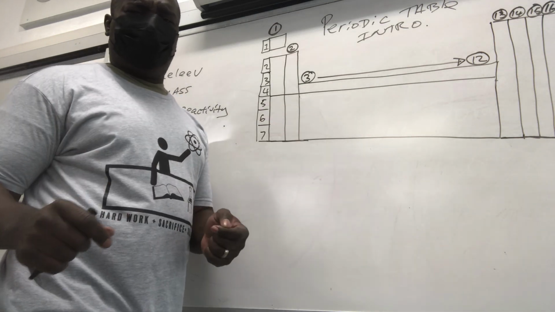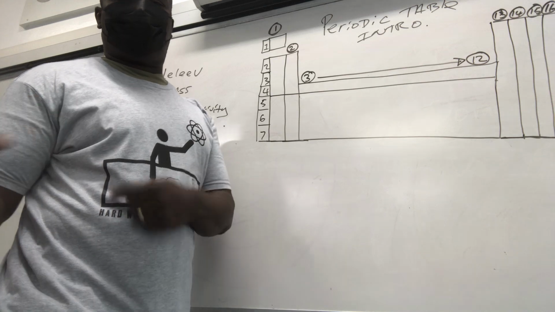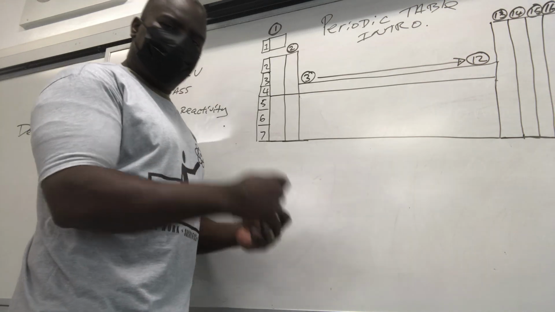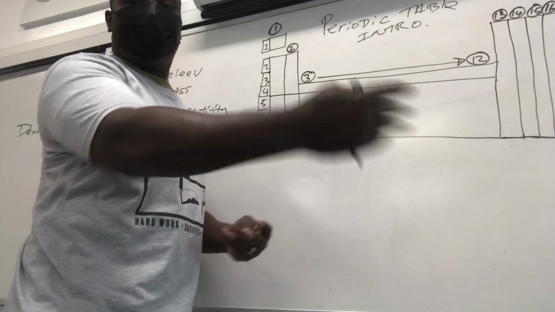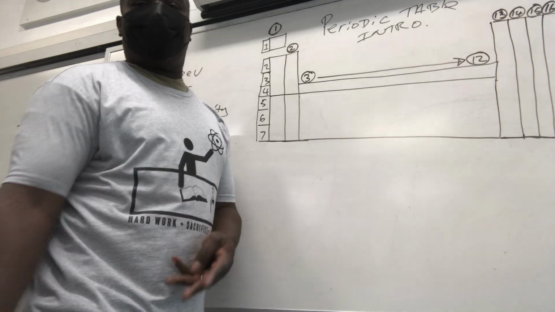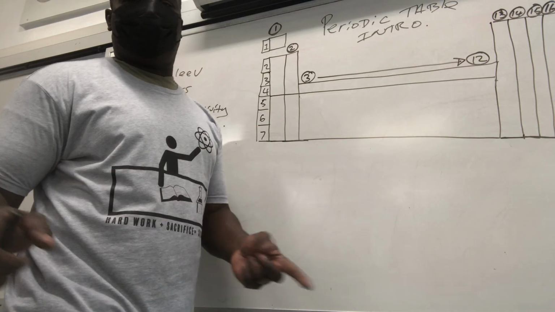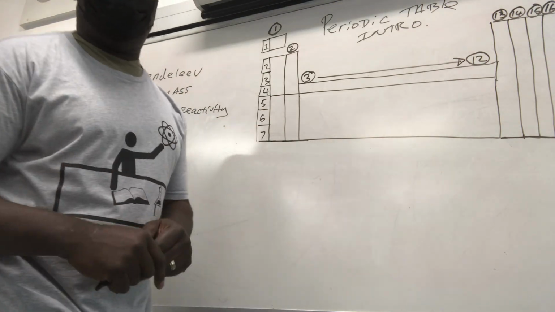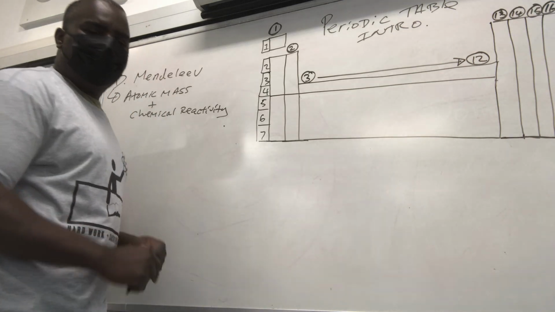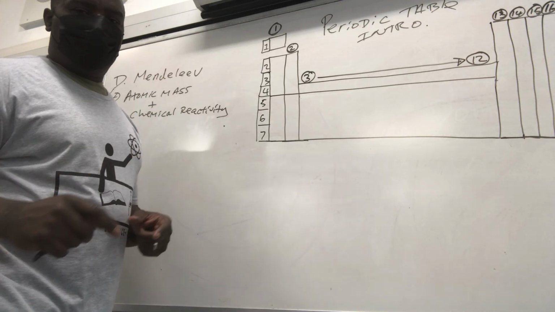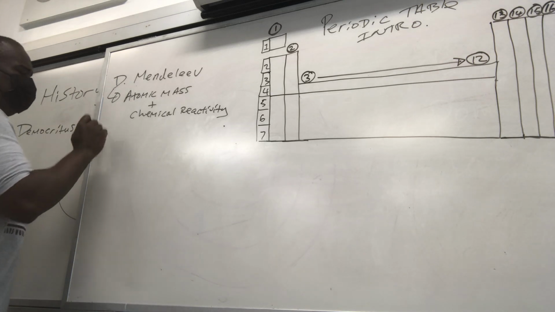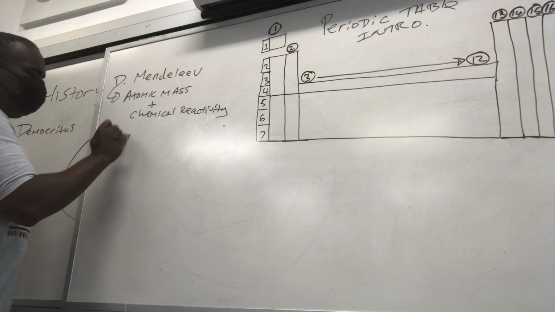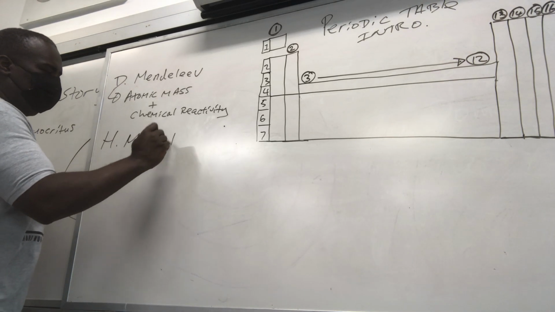And the nice thing about it is that elements that weren't discovered yet, he predicted where they should be. And later on, years afterwards, when they found that element, his predictions proved true. For example, I think with silicon, for example. So, you know, very brilliant guy. Okay, moving on. Next guy that you need to know is Henry Moseley.